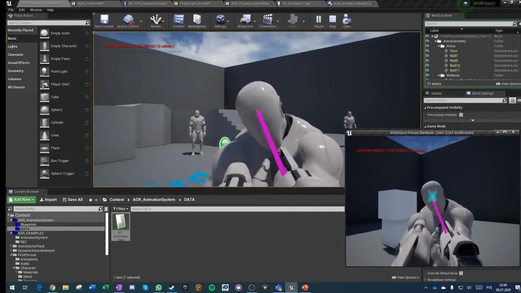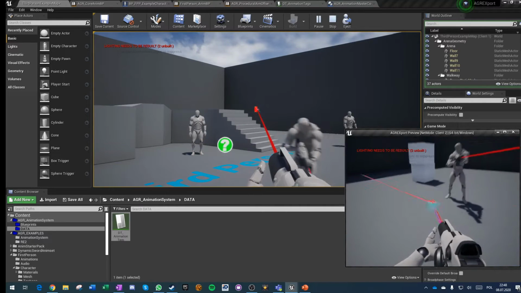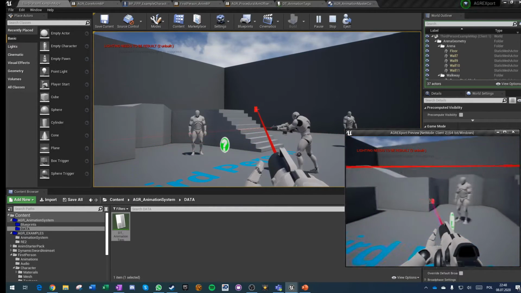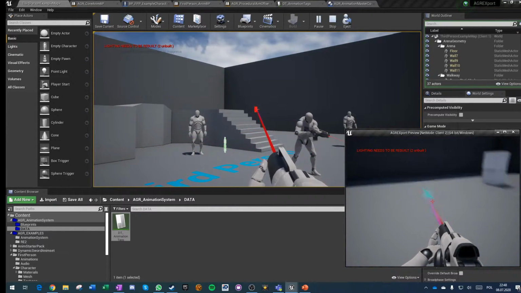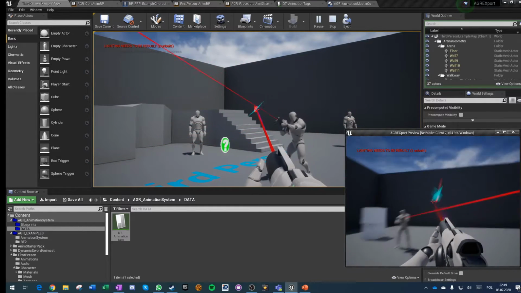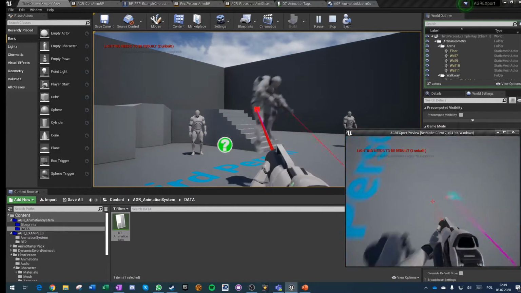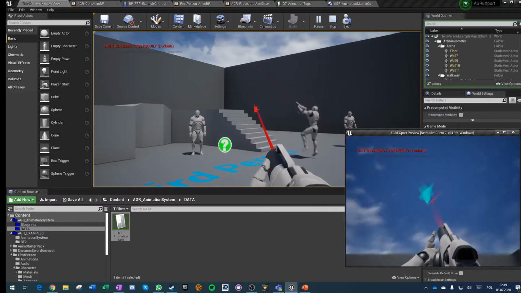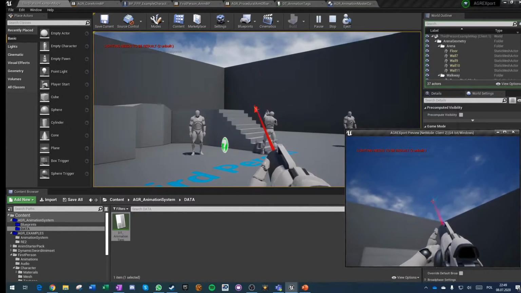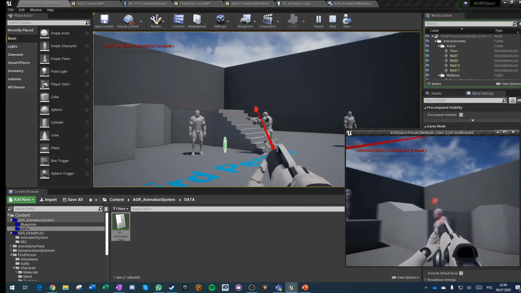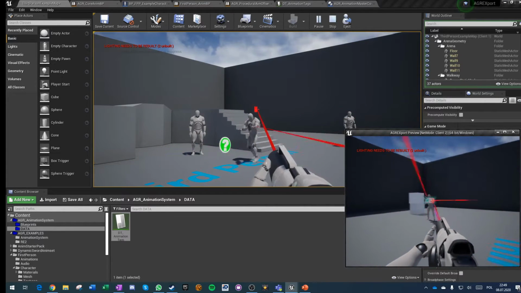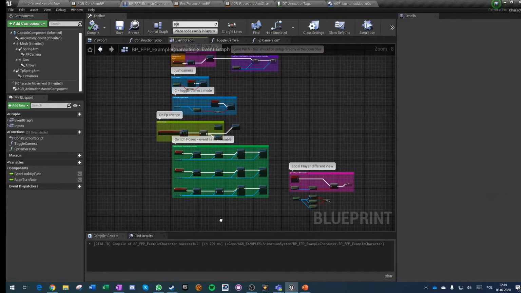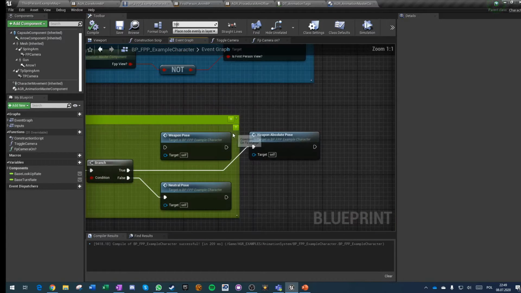So everything works properly. The only problem here is that we no longer have y-axis aim offset, because we are constantly rotating, so it wouldn't even show if we set it up. But this is the way very fast-paced shooters should be set up, because your opponent's aim is very relevant to you, because it indicates whether he's seen you or not. This is the way to go. So let's see how the animation graph is being set up, because we've talked about everything here, and honestly